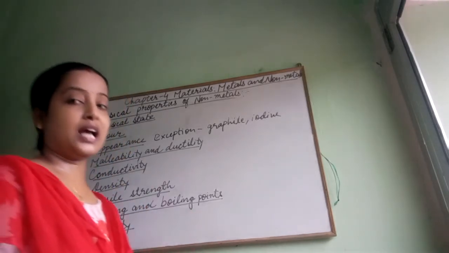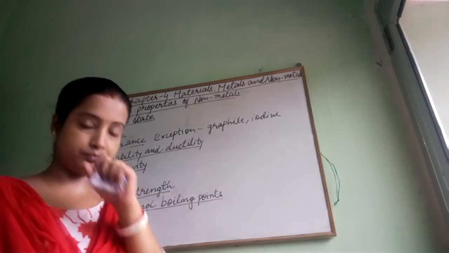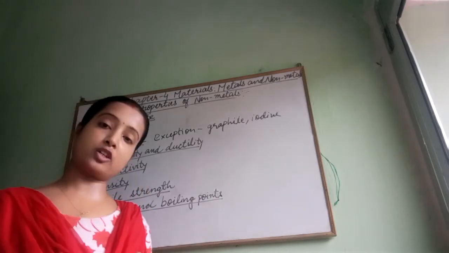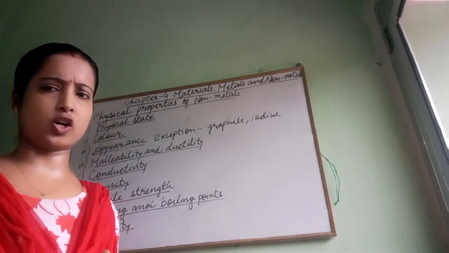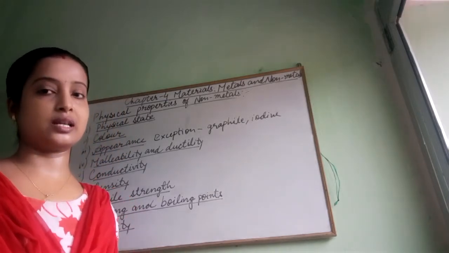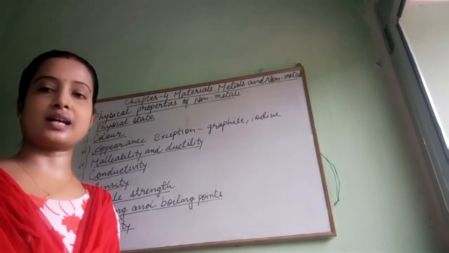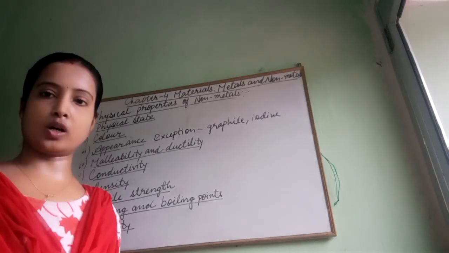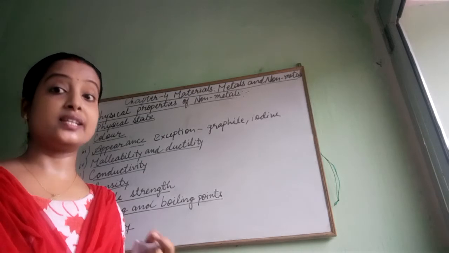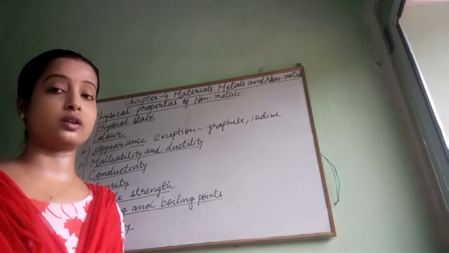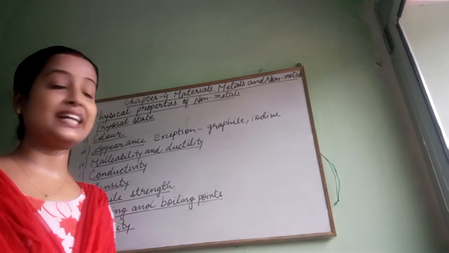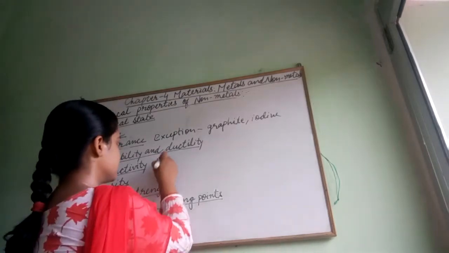Now comes conductivity. As I have already told in the context of metals, metals are very good conductors of electricity, and not only electricity but also heat. But non-metals are generally very poor conductors or non-conductors of electricity. But there is an exception, and that exception is